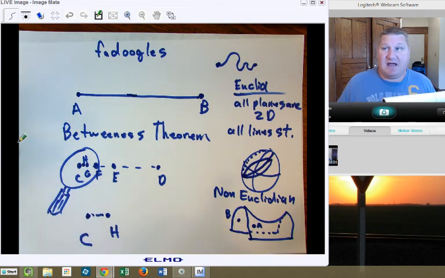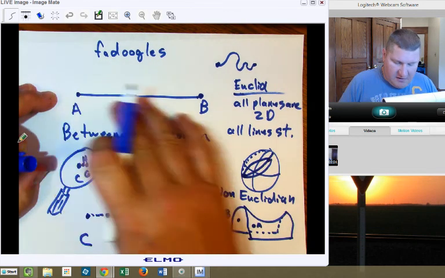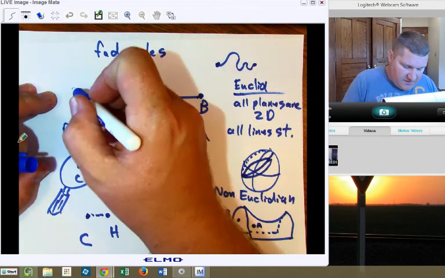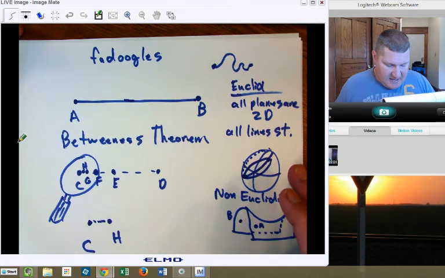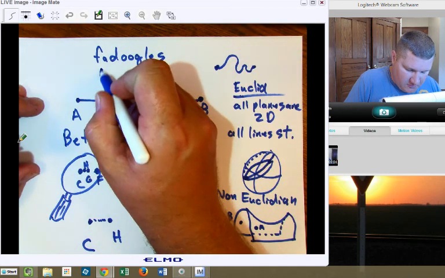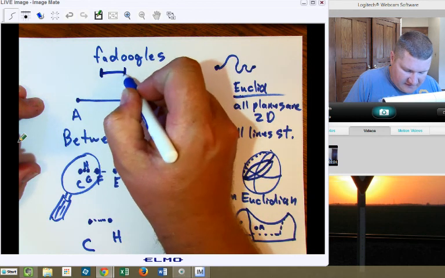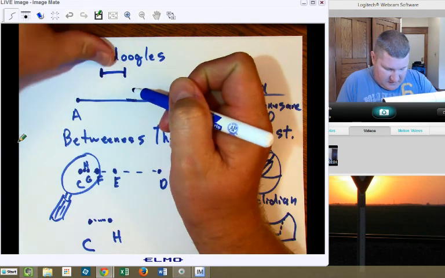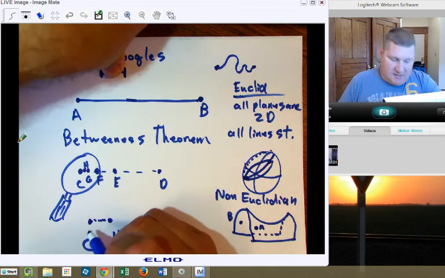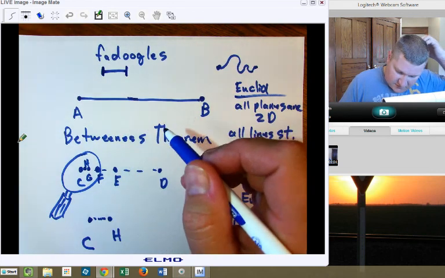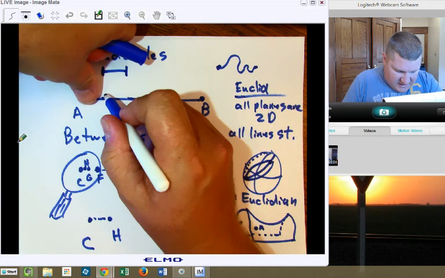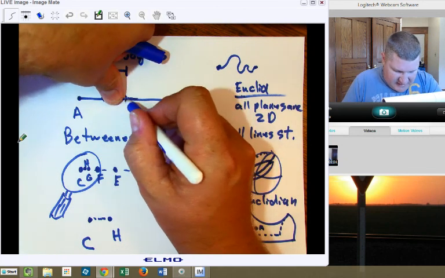Now, let's get back to Fadoogles. Because see, if there are infinite numbers of points between these places, then we can make a unit. Now, an actual international Fadoogle is this length right here. It is right there, the width of my thumbnail. That is a Fadoogle. And so if I were to measure the distance between A and B,